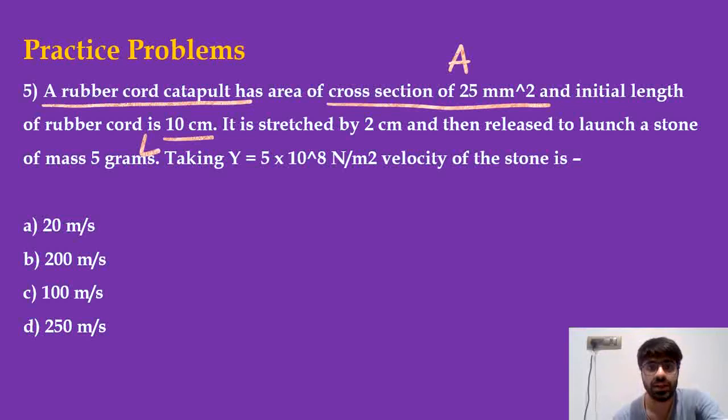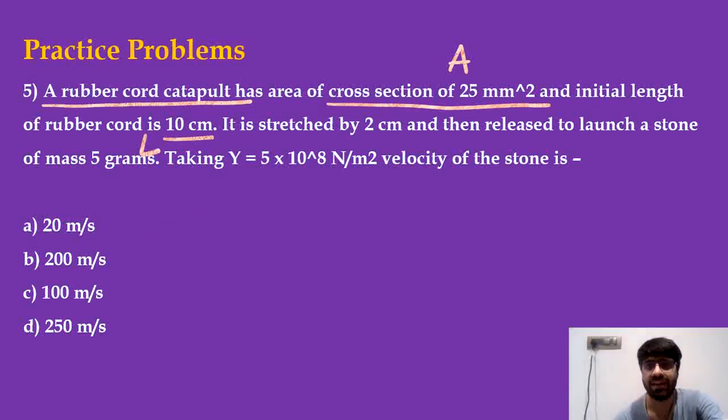Still, if you don't get it, it's that thing with which those Angry Birds are released. So in that game, Angry Birds, you were attaching a rubber piece here. That rubber piece was being stretched, and when you release it, that Angry Bird used to just fly off and hit whatever was present at the other side. So in short, a rubber catapult means a slingshot.